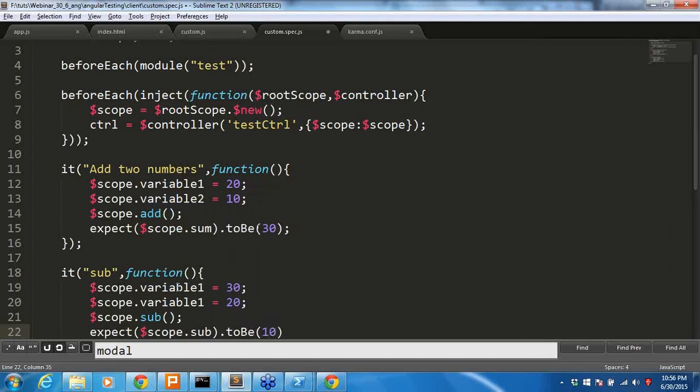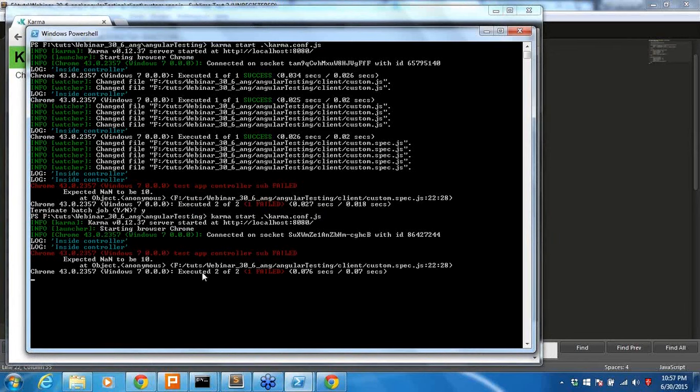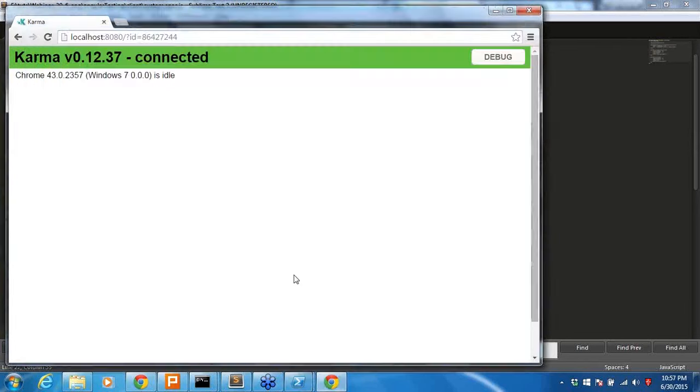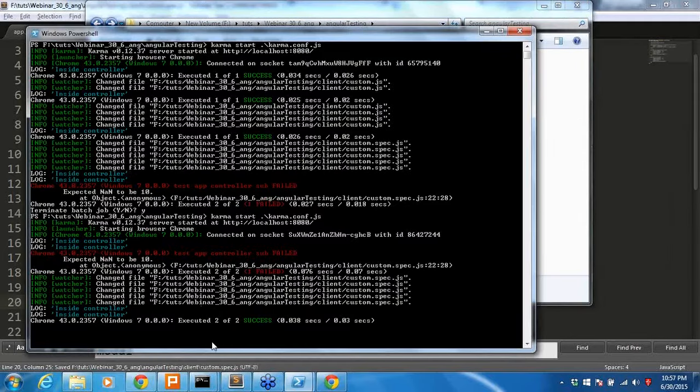Yes, I want to stop this, run the test case. It's running. So here you can see it has run 2 test cases and one has failed. It is because of some kind of error we have written in our application. Okay, so this is how we write the basic test cases. Because there is variable 1 and variable 1 only, the variable 2 will be empty, right? So let's make it variable 2. Let's see it. Now we ran 2 test cases, and both succeed.